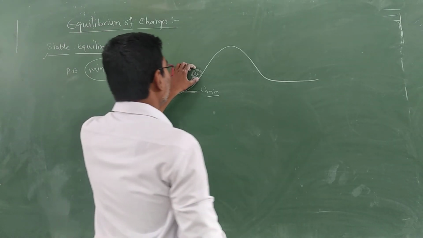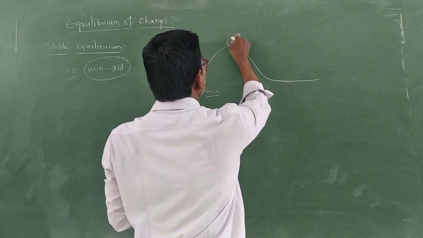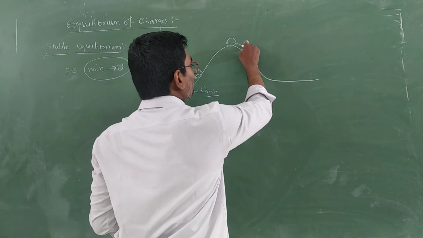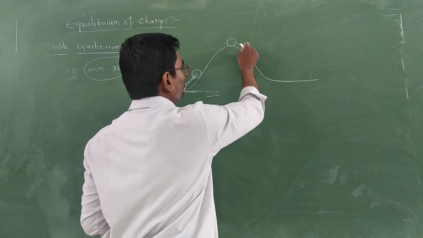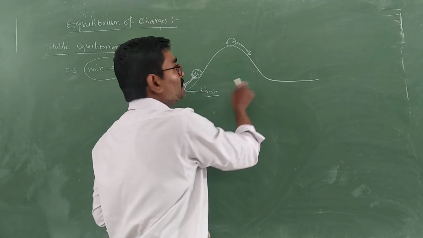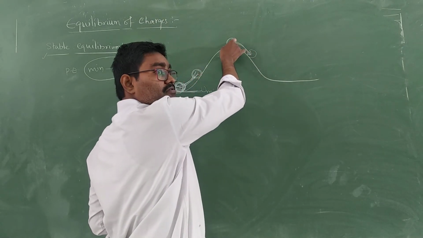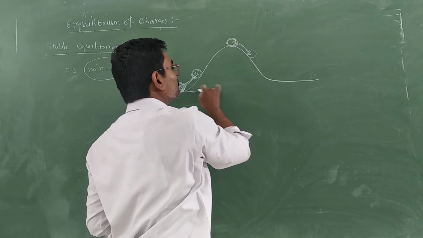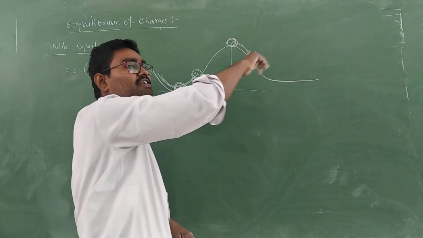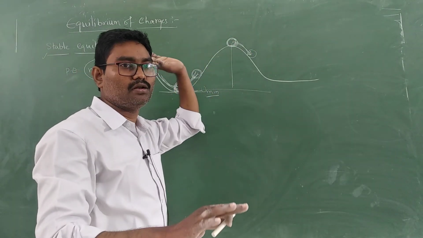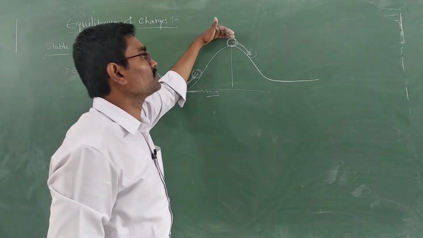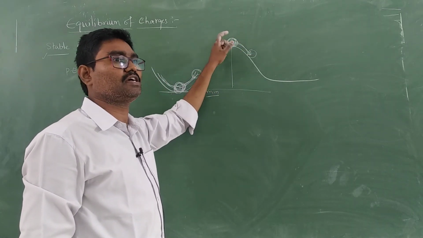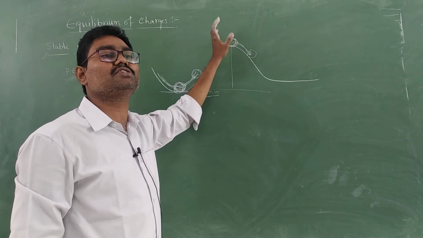Next. If I place this ball here, then what will happen? Will it stay there? No. Either this side or this side it may go. Suppose it falls on this side. Will it come back to its original position? No, it will not come back. So with respect to the level, it has some high potential energy there. It is not stable. It is going to come down, and after that it will not come back to its original position. So such a type of equilibrium is called what? Unstable equilibrium.